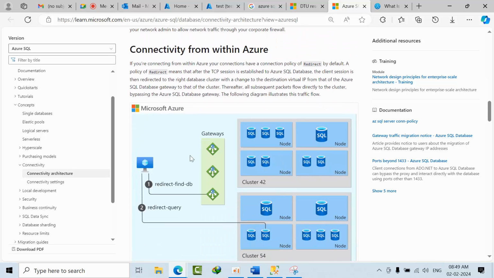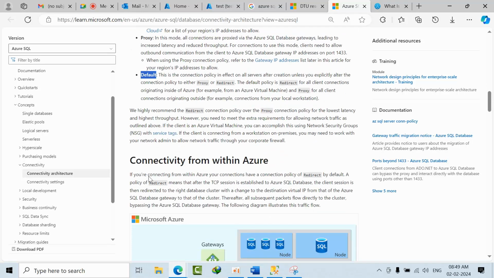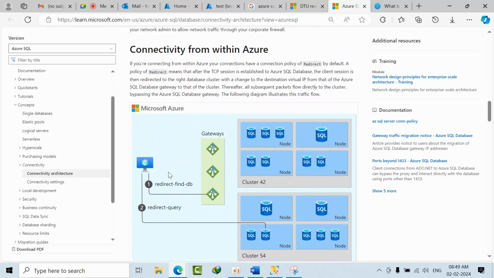By default we are having three connection policies: redirect, proxy and default. I will show you. Okay, now this is me, whenever I want to connect to our SQL server. First time, by default, I'm connecting from a non-Azure resource. It is my home laptop.